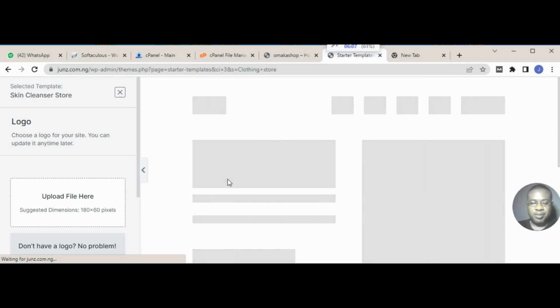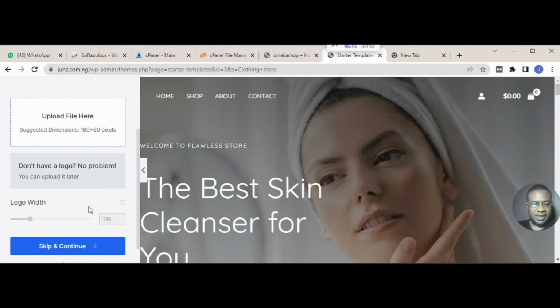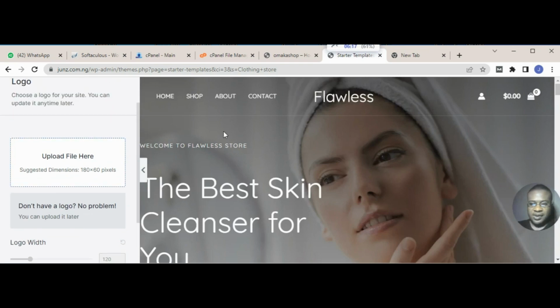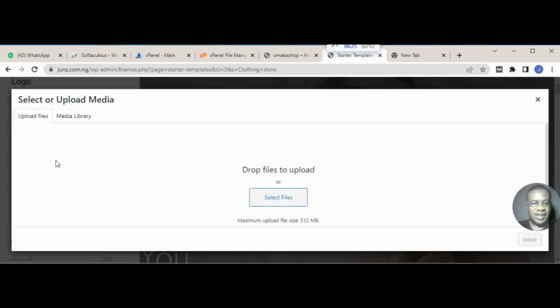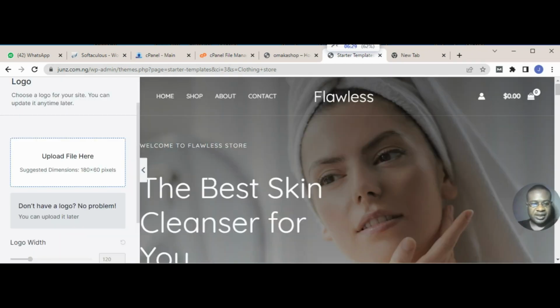Now at this point we have two sections. In this section you can input your logo. Let's input our logo. Now it's up. You know, in every business you have to have your logo, which is like a brand identity. So let's bring in our logo to the website. You click here,